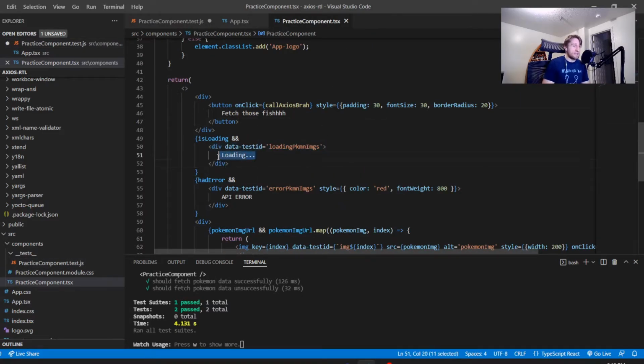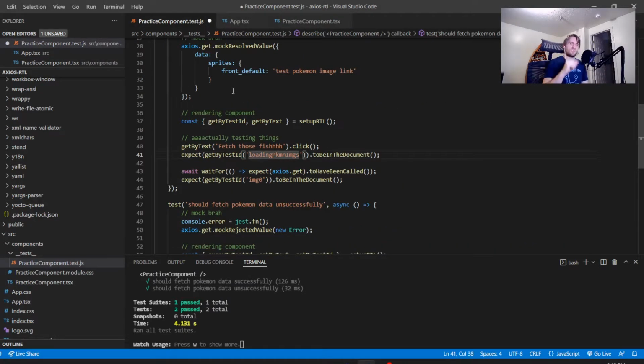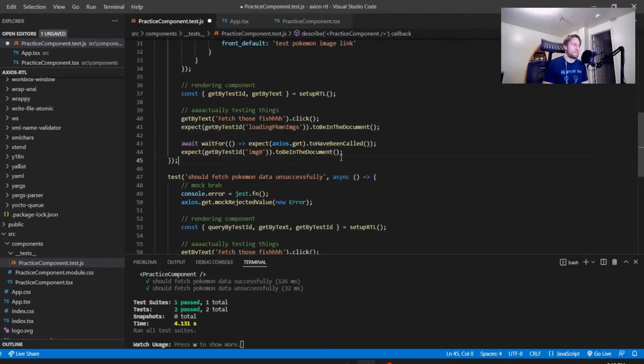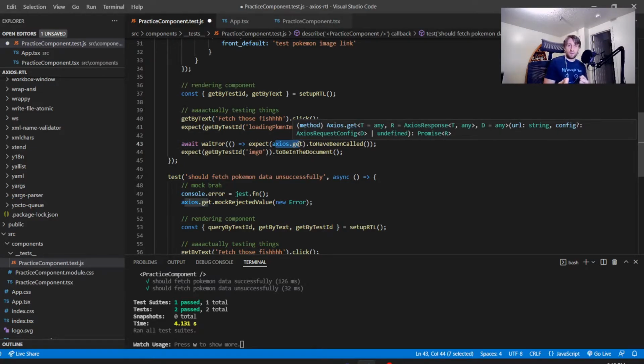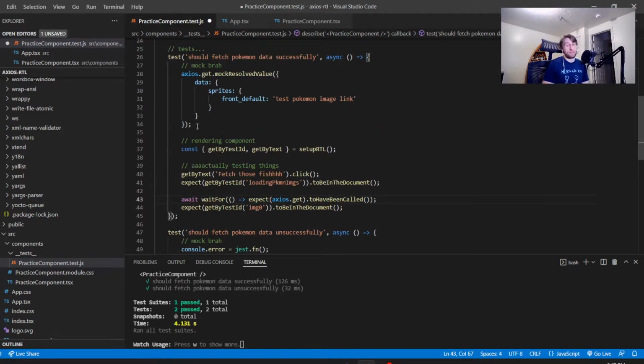And honestly, I could have done getByText loading, would have been fine, but I decided, what if it's like a loading spinner or something? We'll do a data test ID. Make that a lot easier for ourselves. And after that, we're going to check to see if axios.get, the getting function of the data, is being called after we click the button. And assuming it has been called, it must also surely have been mocked, because we mocked it beforehand, before it was even rendered,